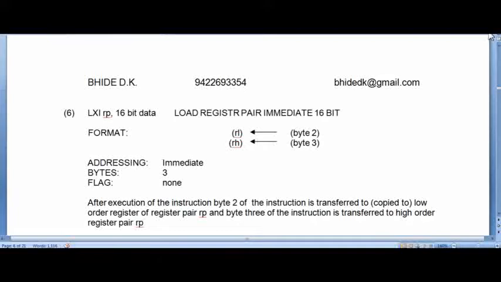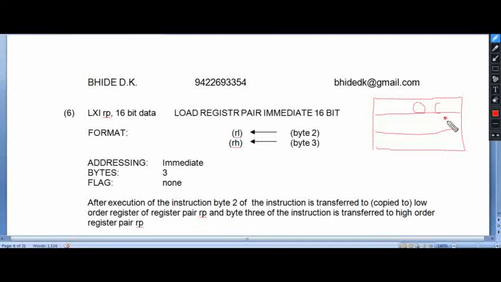Just now I told you that for any instruction the first byte is always the operation code, written as OC, then the second byte and the third byte. Byte 2 goes to RL, the low order register of the register pair, and